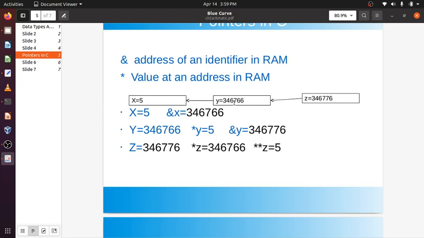So *y or **z will give me the value of x.